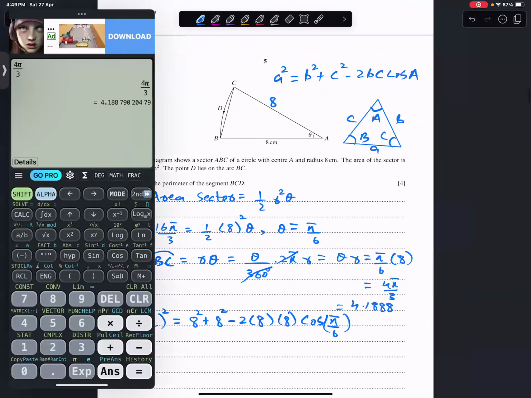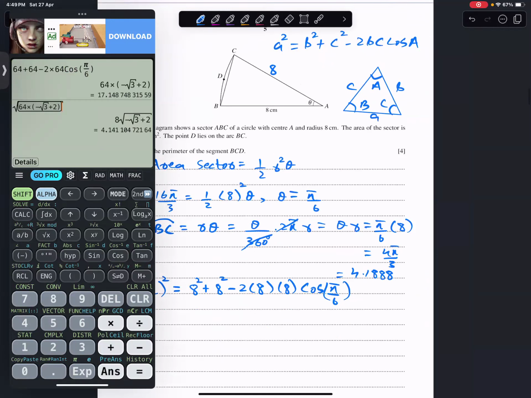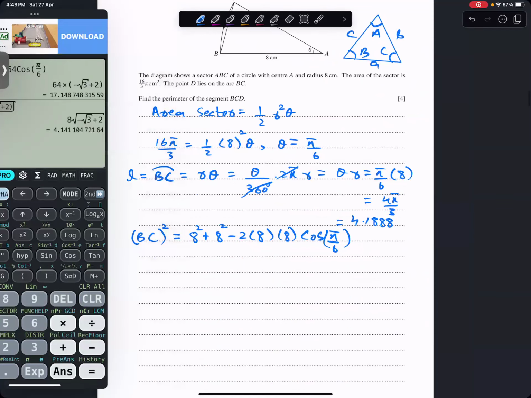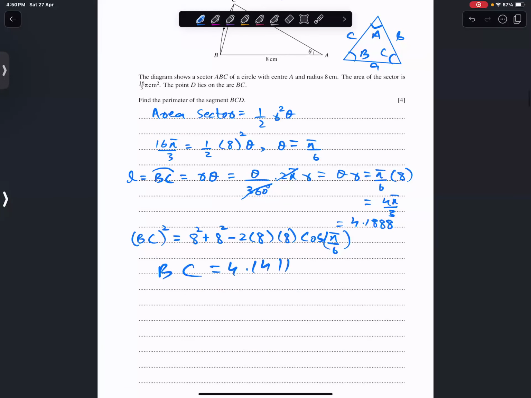तो इसे सारा कैलकुलेटर में डालते हैं। 64 + 64 माइनस 2 टाइम 64 cos of, प्लीज भाई कैलकुलेटर को देख लिया करें कि डिग्री पे है या रेडियन पे है और आप पुट क्या कर रहे हैं। अब अगर हम इसमें रेडियन पुट कर रहे हैं तो कैलकुलेटर रेडियन में होना चाहिए। तो ये आता है जी आपका BC का स्क्वायर, एंड इफ आई टेक स्क्वायर रूट ऑन दिस, सो माई BC इज इक्वल टू 4.1411।